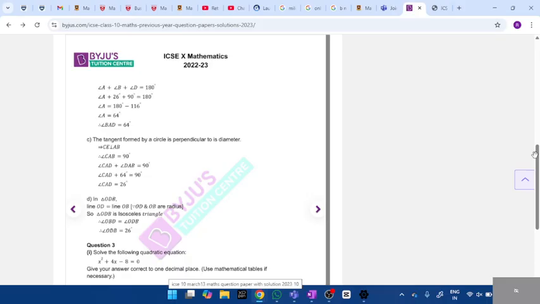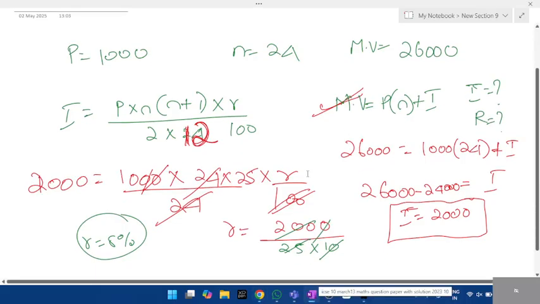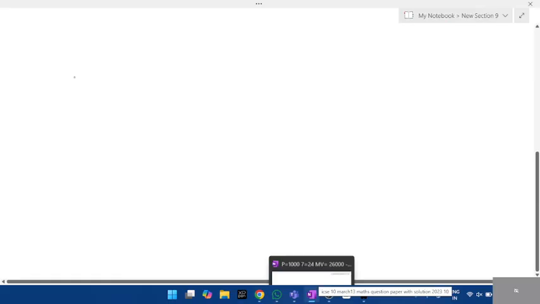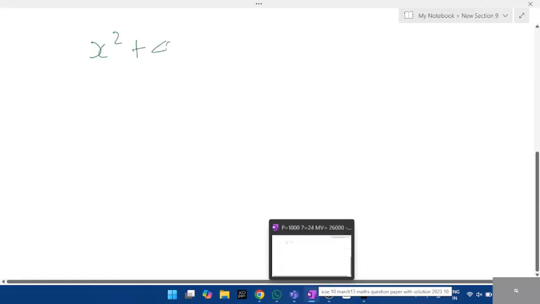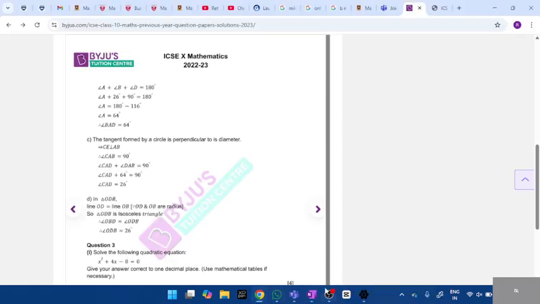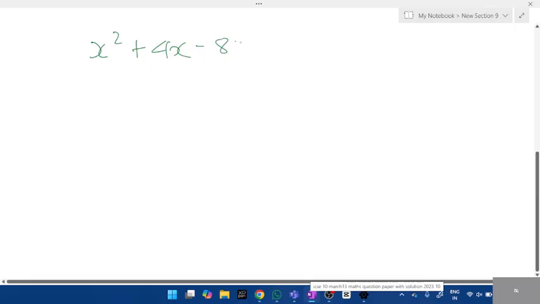Quadratic, we have done: x square plus 4x minus 8 is equal to 0. Okay, tell me the value of a, b, c here. What is the quadratic equation? X is equal to, tell me the quadratic formula, minus b plus minus square root of